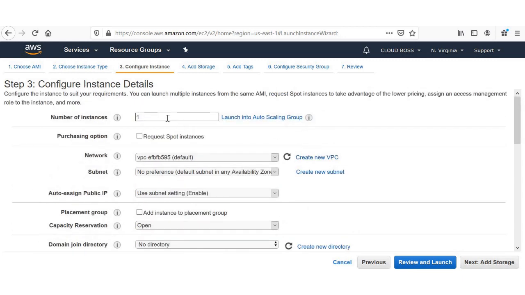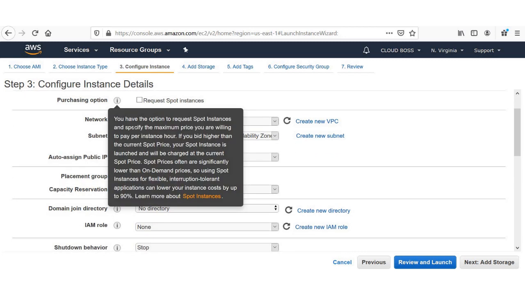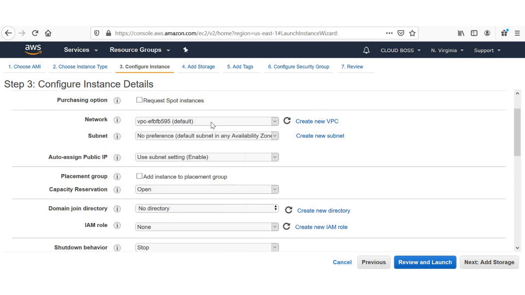So here, if we need, you can launch 3 instances or more. Here I am going to launch only one instance. So come down. VPC, leave as it is. VPC is nothing but a virtual private cloud.